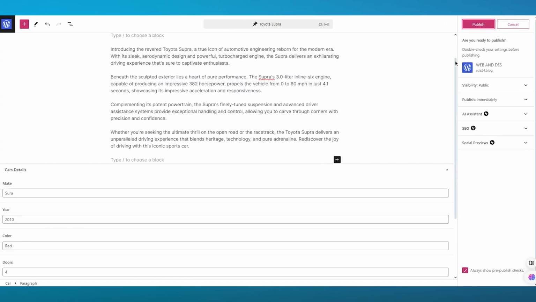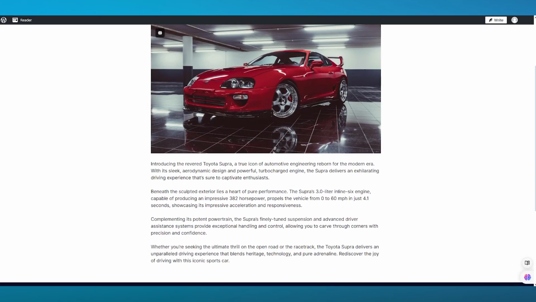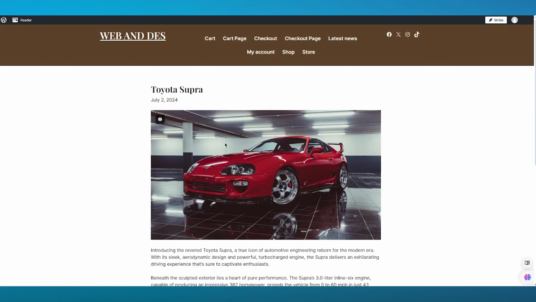And once you have done that, you're going to click on publish. And this will basically publish your add new car post. Okay, so once you have done that, you can actually go ahead and view the post for yourself if you want to. So look at that. It opens up like that, and that looks extremely incredible. So as you saw, this is how easy custom fields basically makes editing for us. Okay, so now I'm going to move back to my main store, and once we go back to our main store over there, we're going to go straight to